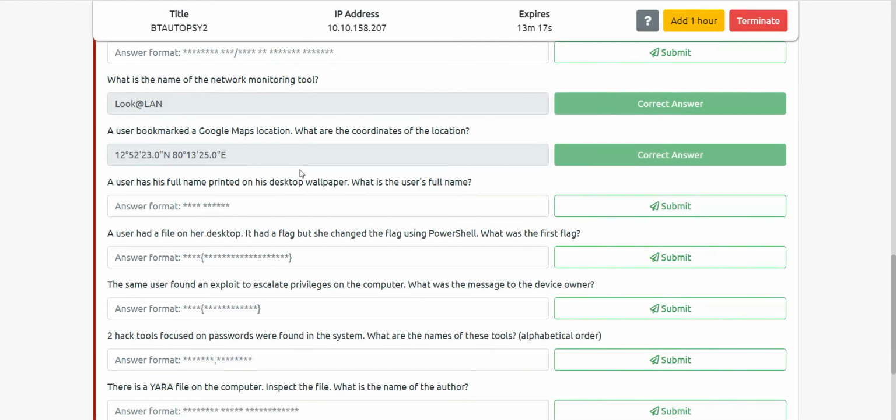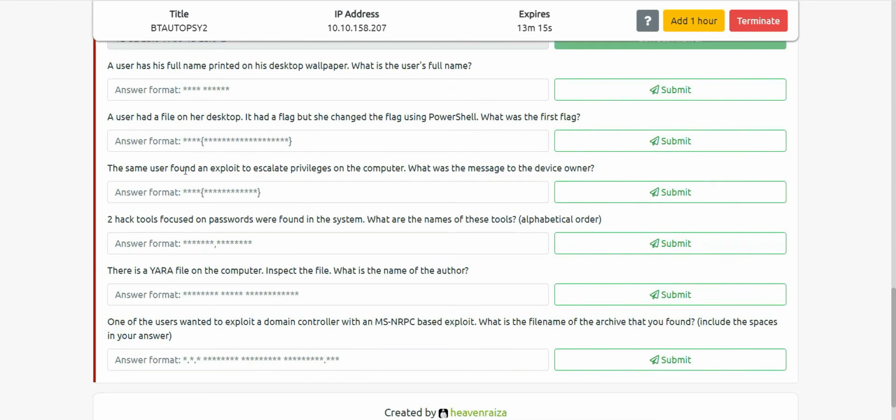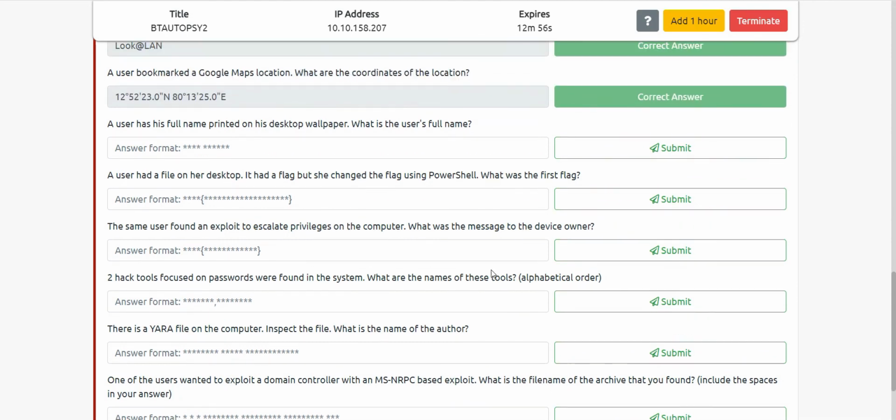That video will contain some more technicalities, where we will be finding the YARA files and the hack tools, or the tools which were already in the computer, and many more things. As you can see, there are many questions, and you can also attempt these questions by yourself, so you can try that. So let's just end it here. Thank you for this, and goodbye.